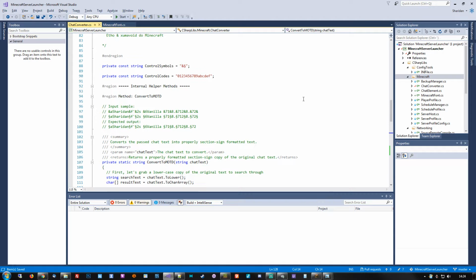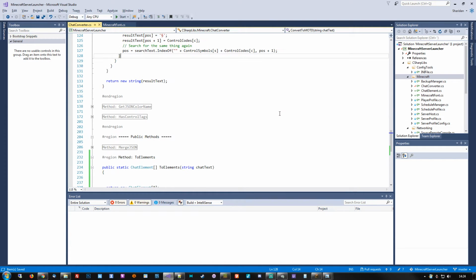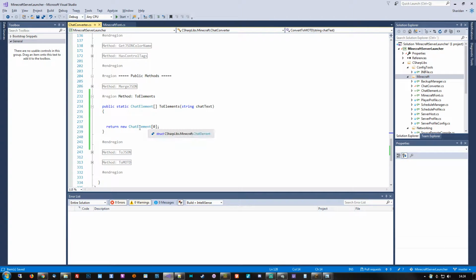But that's something that we definitely need to be aware of now, since we're going to split them into these individual chat elements. So how are we going to approach this? Well, we kind of need to figure out whether there is one or more control tags in the text coming in,